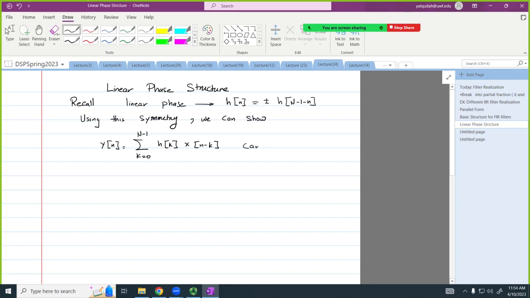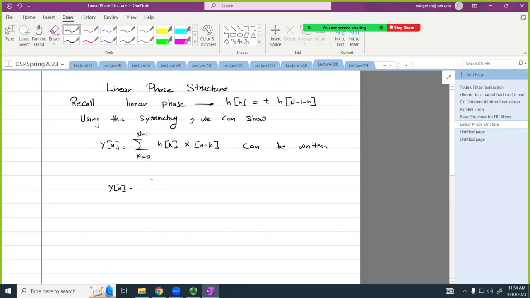We can show that it can be written as the following. Either y of n equals the summation from k equals 0 to n minus 3